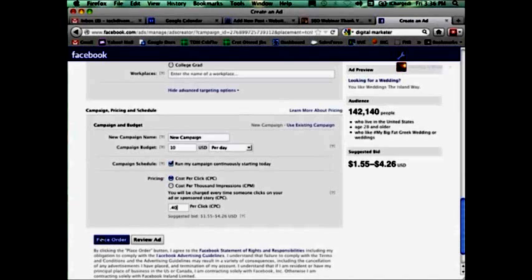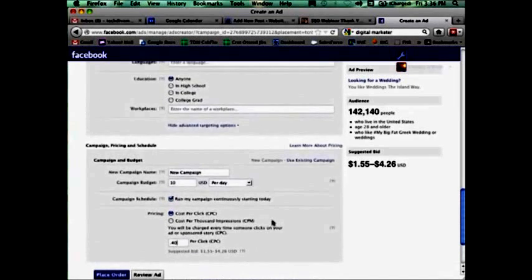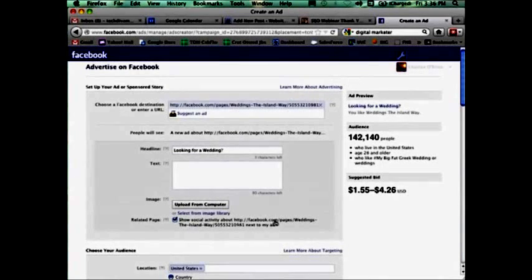And when you hit place order, it'll go into a waiting list for Facebook to then review your ad, check it out, make sure it's all legit, and then they'll approve the ad or not. Don't be surprised if your ad doesn't get approved. That happens quite a lot, so just go back and look at your ad, see if you can tweak it. They often tell you why they didn't approve it, so you can just take their comments and integrate them and then submit a new ad. But that's how you set up a Facebook ad.